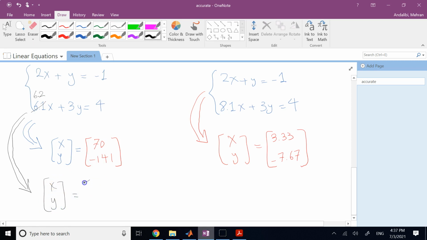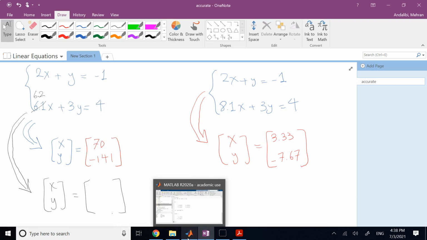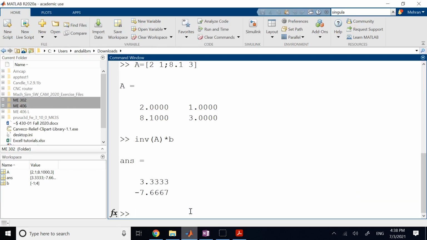Do you expect this new solution to be close to the previous one? That's kind of intuitive, obvious, right? Because you just change one of the parameters very slightly. You don't expect the solutions to change like crazy from last time, right? A small change in the physical system probably means a small change in the solution to that system, right? Well, let's find out. If you make it from 6.1 to 6.2,